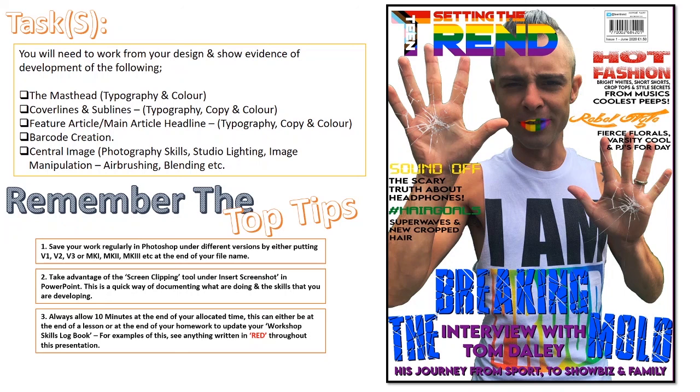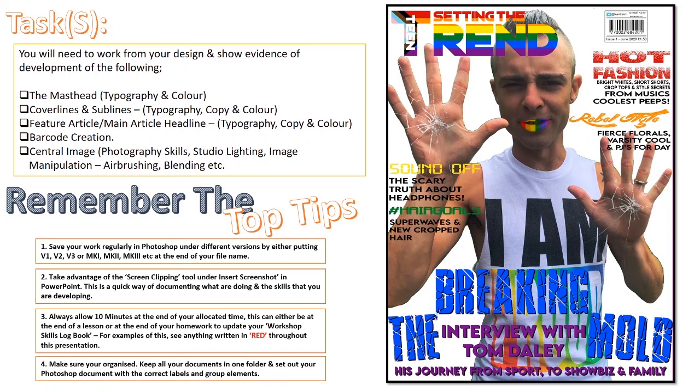Those four examples in red are what I have been going through in this presentation. And then make sure you keep yourself organized. Make sure that you've got all of those key documents into one folder, and make sure that you've got the correct labels on your groups. So I hope that you understand a little bit more about how to document the production process